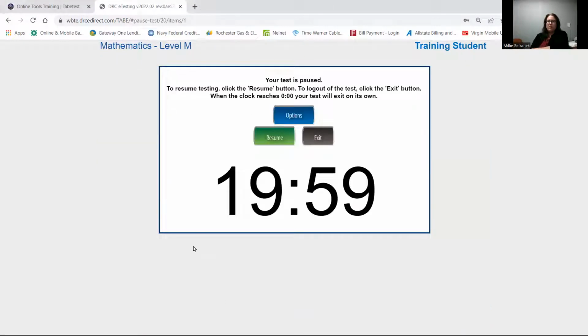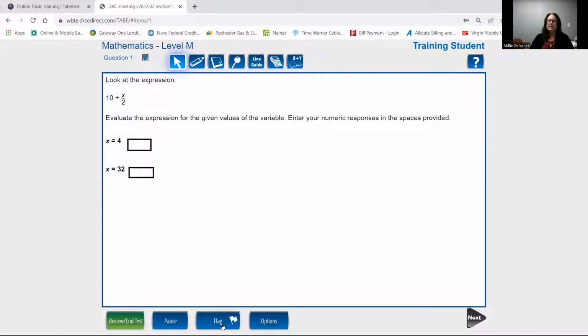The next button is this pause button. If I press the pause button, many people may think that this will pause the timer on your test because all of the test sections are timed. Pressing the pause button does not, in fact, pause your test. So I strongly recommend that you do not use the pause button unless the test administrator suggests that you use that. The next button is the flag button. This button is